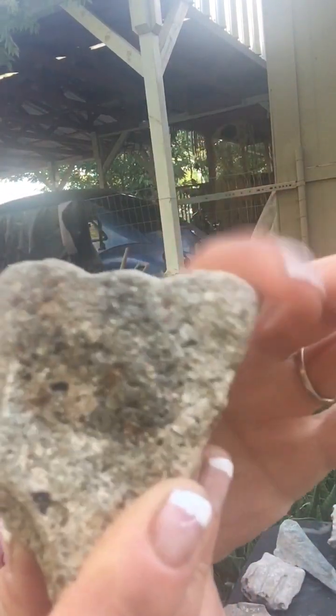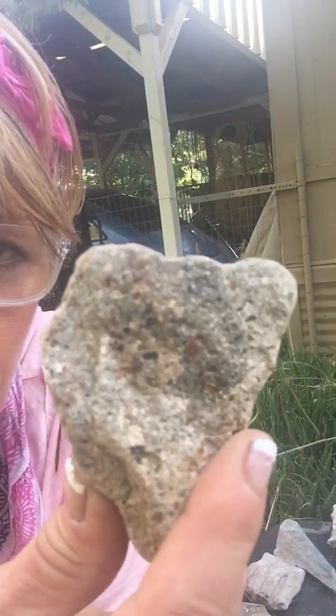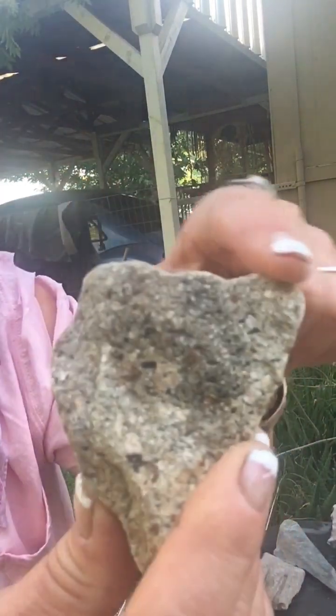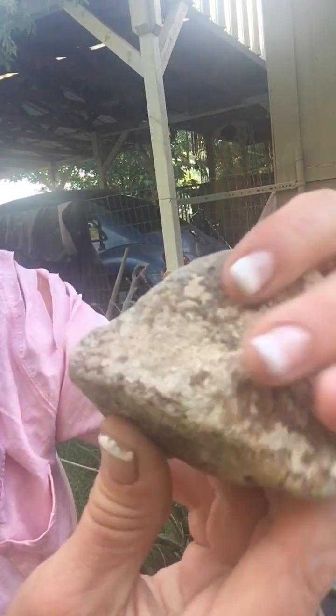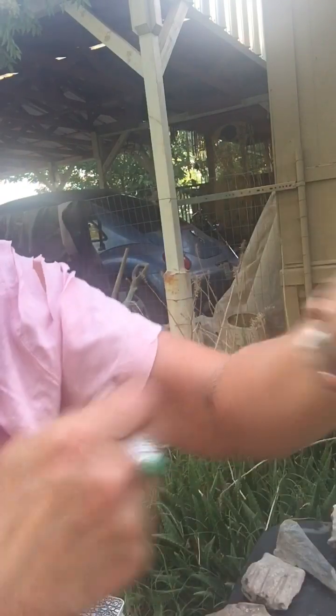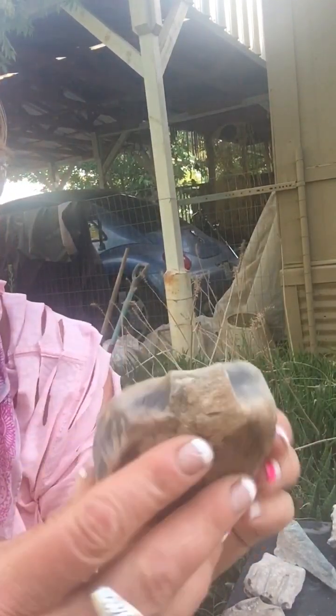Here it's got those, you know, little lines, these little bumps here. It kind of looks like it's been used and held, either, you know, grinding something or just fits perfect too. But we don't know for sure. Just wanted to share that one with you. This one was interesting as well. They're all interesting, but